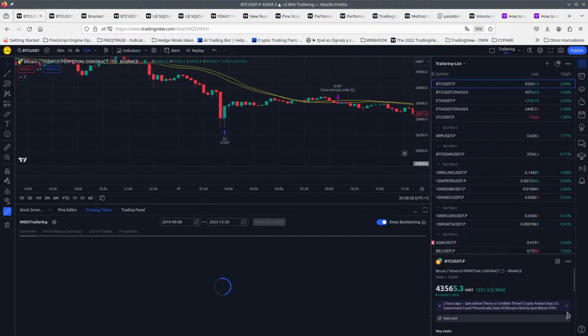Speculative theory, a credible threat. Crypto analyst says US government could theoretically seize all bitcoins held by the spot Bitcoin ETFs. What? I mean, yeah, I guess so. That's money. Another thing is,